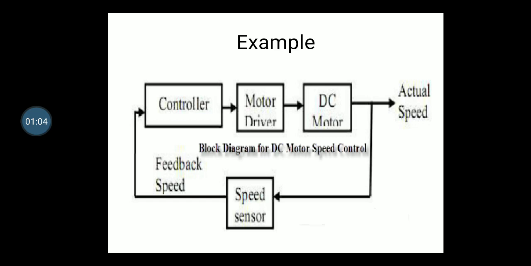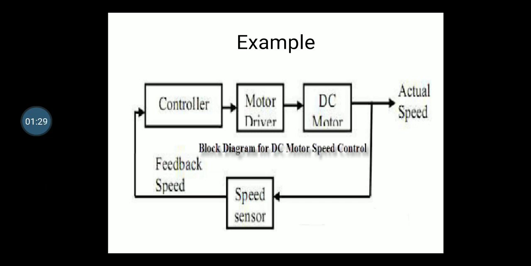Okay, so let us see what do you mean by DC motor speed control. So in simple words we can say that it is a motor, and it is a DC motor, and we have to control the speed of this DC motor, but automatically, right? We don't have to use any mechanical system. Okay, now there are four most important blocks.